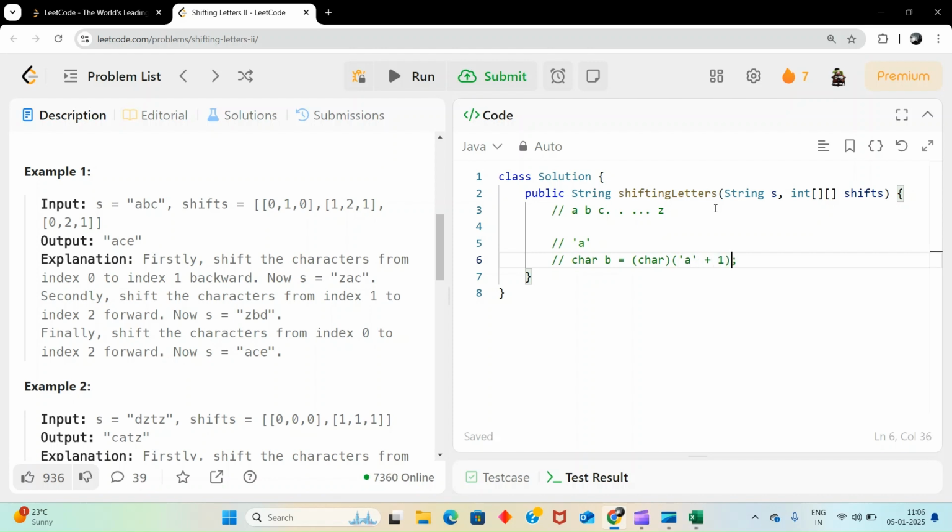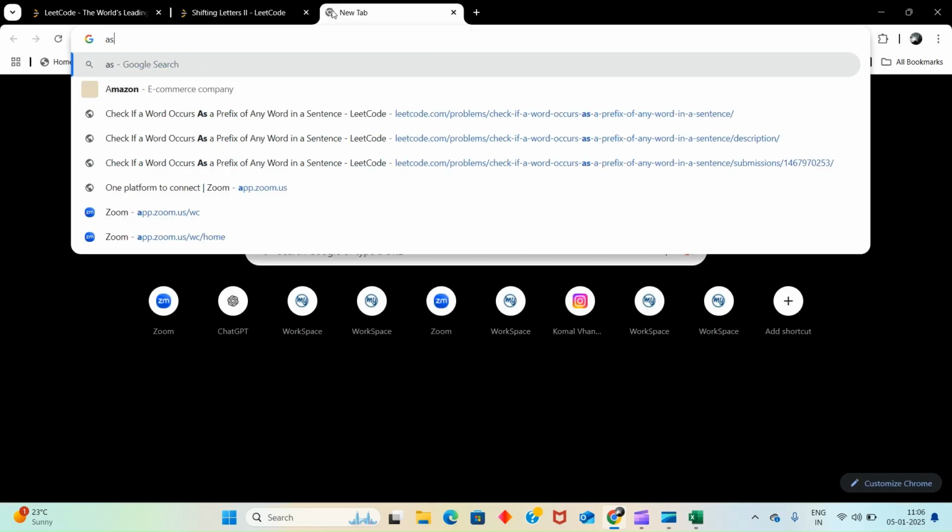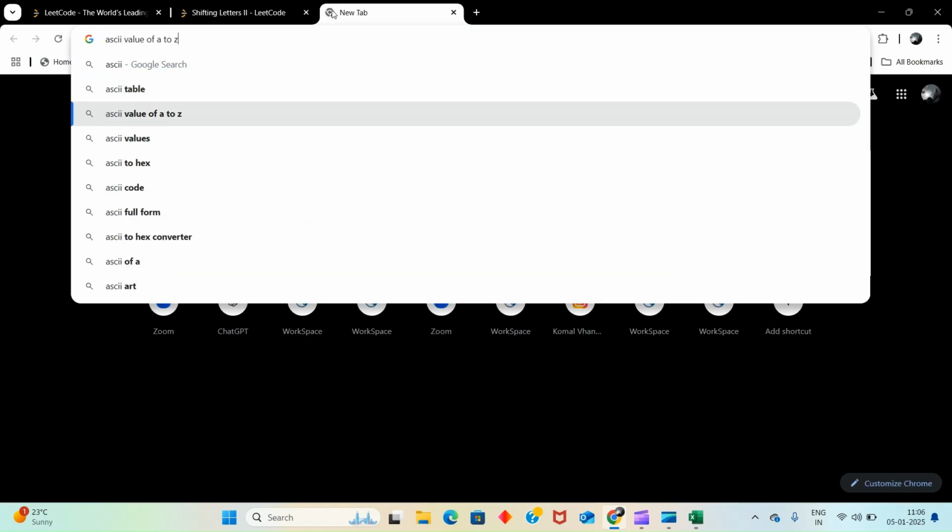So we will get what? We will get the character B. Okay, so what will be the value of B? Value of B will be B. Okay, char B. So in this way, that means this character A will give you an ASCII value plus 1. So if you see the ASCII value of A to Z,